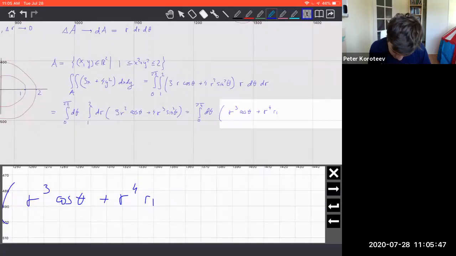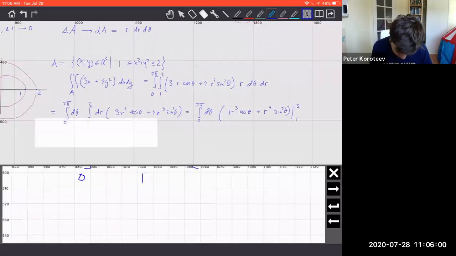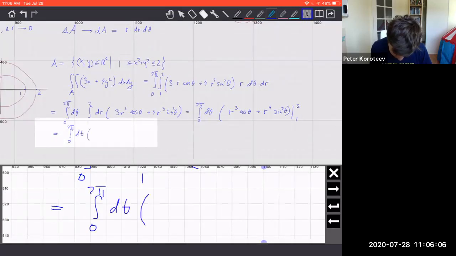Sine squared theta, thank you. Between 1 and 2. So it will be what? 8 minus 1, right? So it's 7 cosine theta